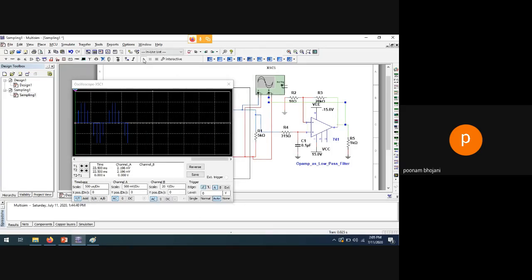And let us run the circuit. And let me put this signal to the upper position. So see, this is your sampled signal at the transmitter side, and this is your reconstructed signal at the receiver